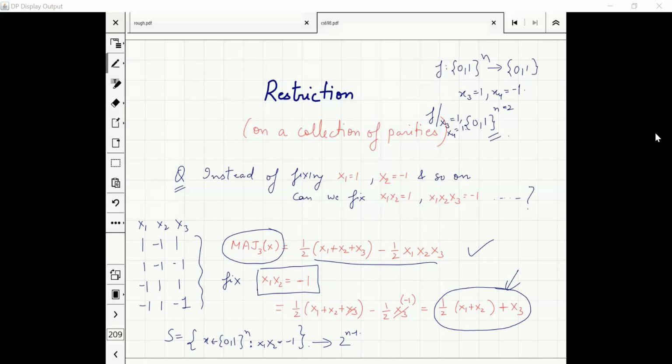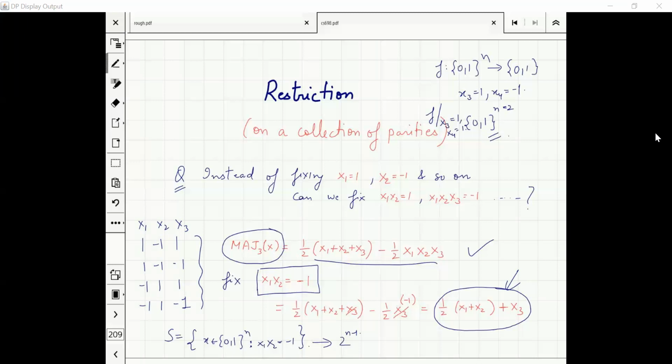X1 plus X2 is 0 here, right? We have not used that. So how do we know x1 plus x2 is 0? Since their product is minus 1, obviously, and the values that I can have are minus 1 and 1 only, then x1 plus x2 will be 0. I mean, we can check that.